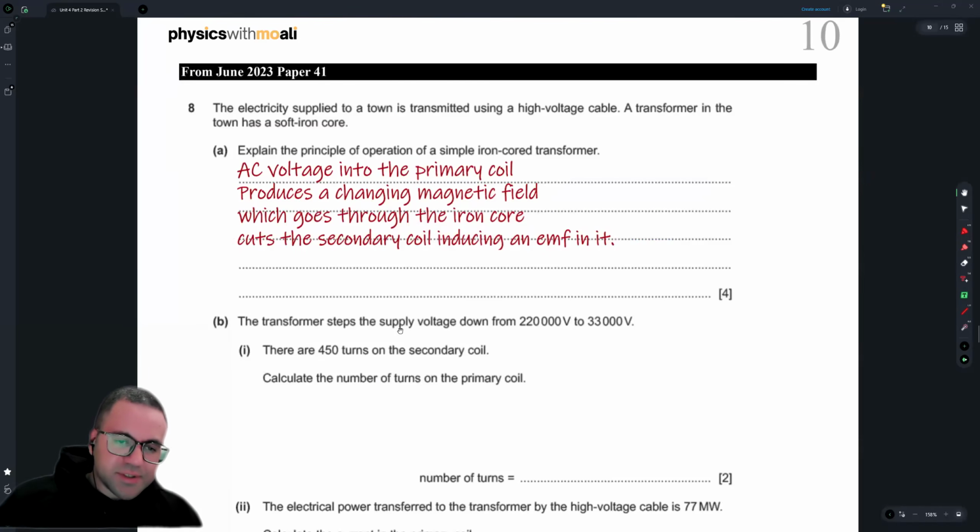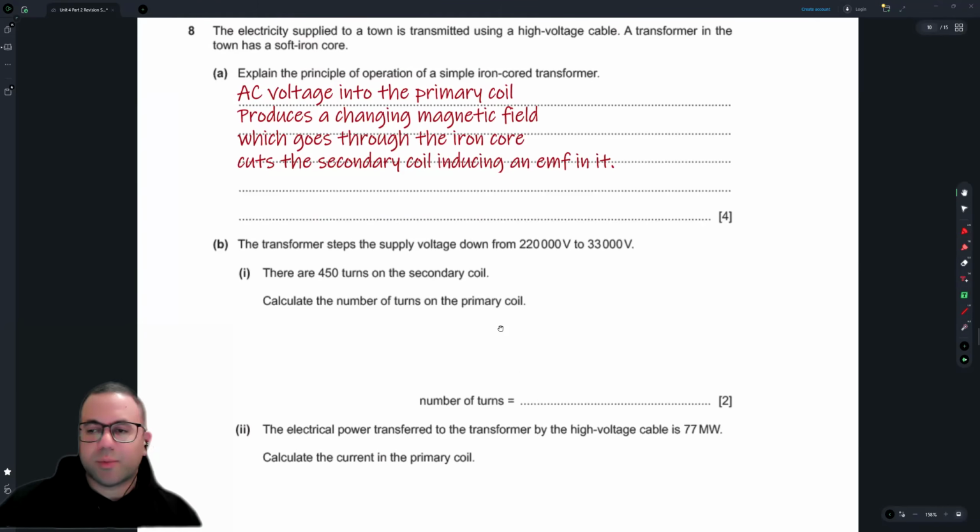The transformer steps the supply voltage down from 220,000 volts to 33,000 volts. There are 450 turns in the secondary coil. What is the number of turns of the primary? Number of turns on the primary. Let's go. NP over NS